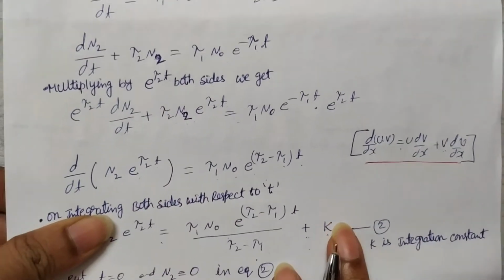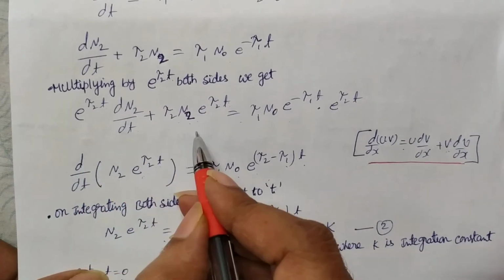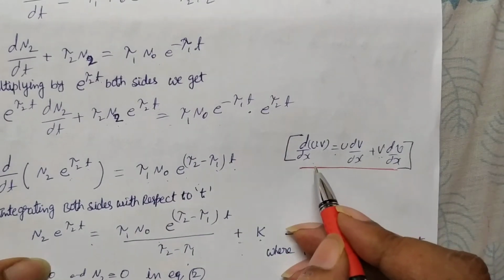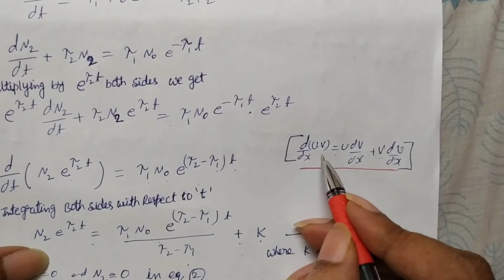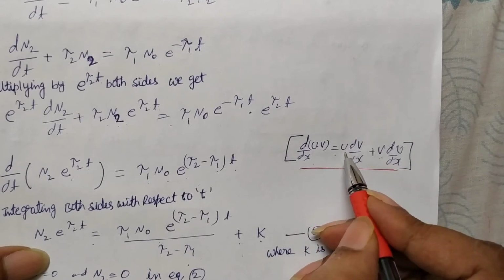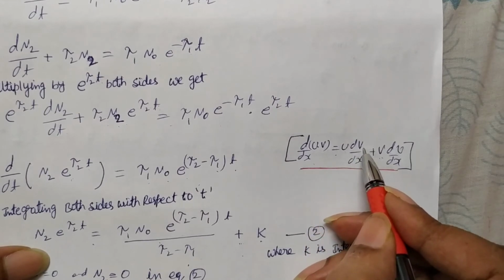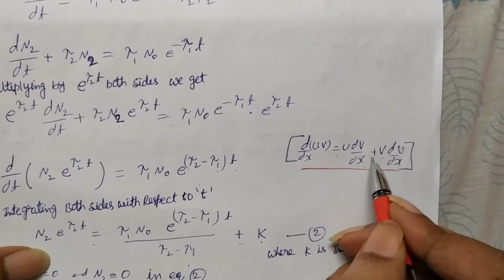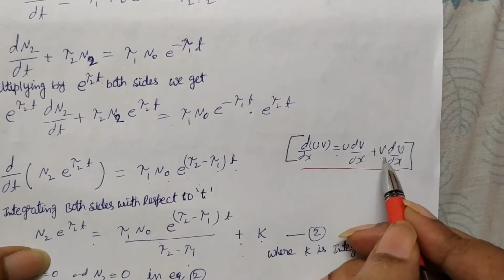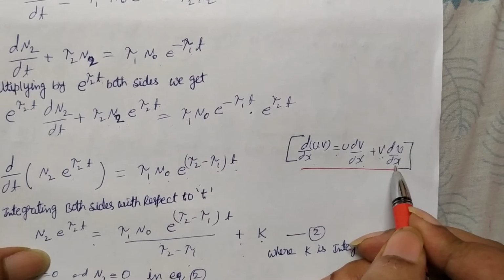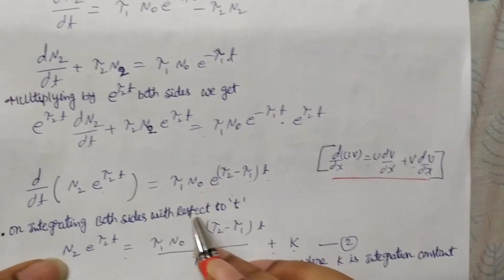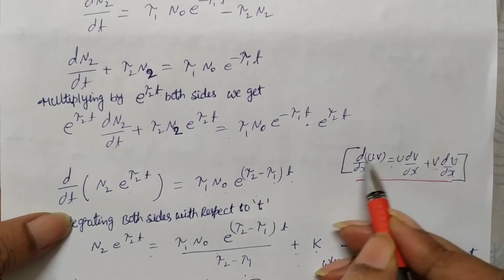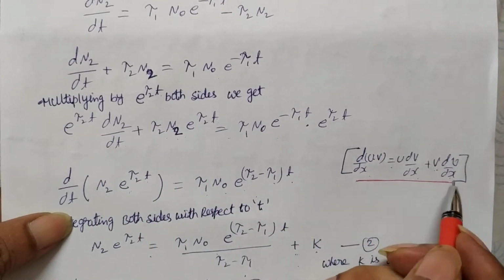Now this is the equation, and the UV method of differentiation is used here. For the UV method, you write u outside and apply differentiation to v, then write v outside and apply differentiation to u. So it is u dv by dx plus v du by dx. Similarly here, the reverse is there.